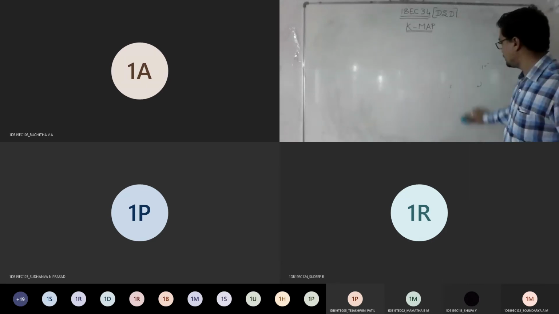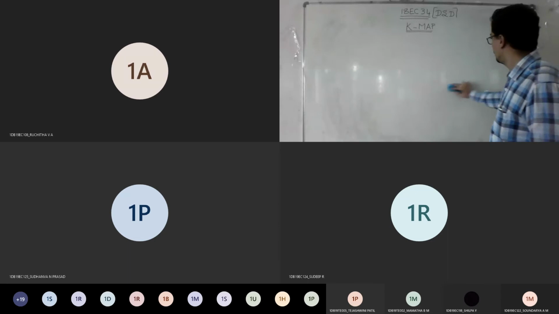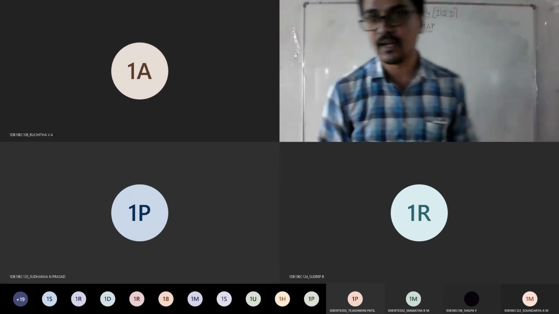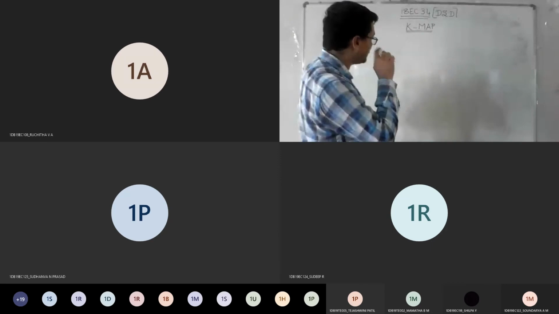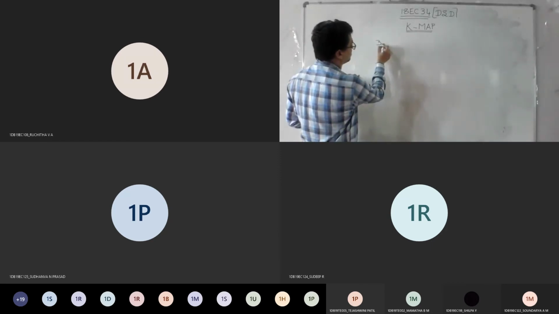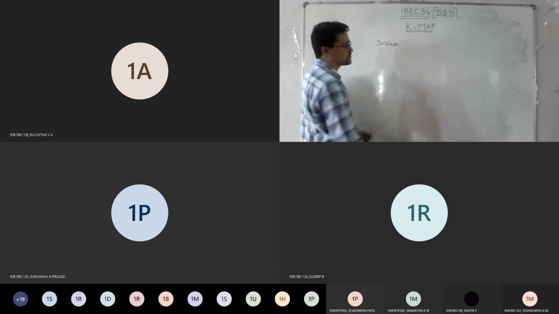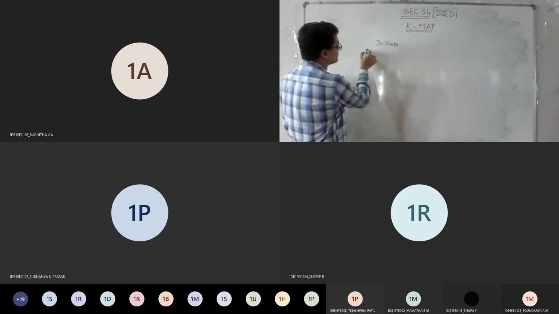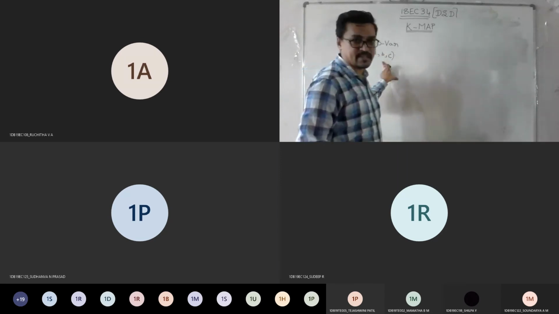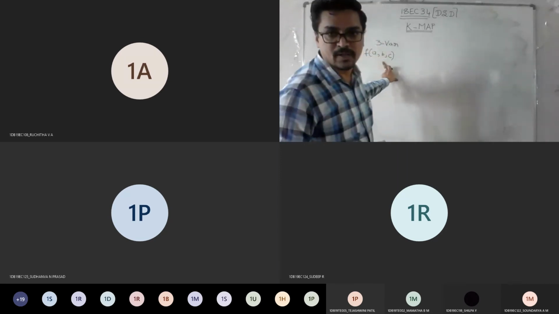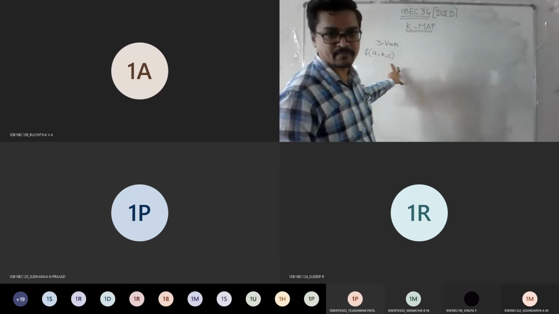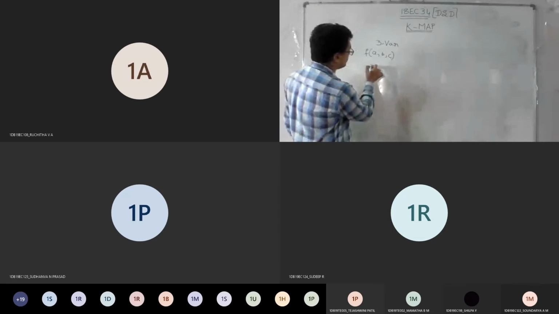Before going for 5 variables, let me clearly mention the difference between 3, 4 and 5. Assume that the K map is for 3 variables. The function will be given in terms of ABC. This need not be ABC, it can be XYZ also, PQR also, whatever it is.